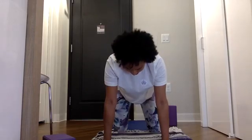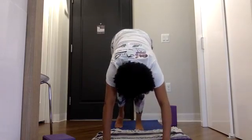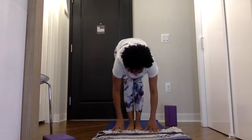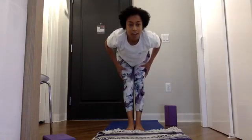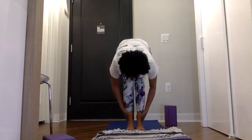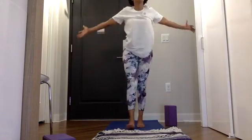Take one more deep breath in here. Watch your belly fill with breath. As you exhale, feel it contract. Take a breath in, lift the knees or the heels, then walk your feet forward to meet your hands. Take your time to get there. Fill the lungs as you rise, lifting halfway up, and then fold forward again, root through the feet. Take a huge breath in, reach your arms all the way back up towards the ceiling,